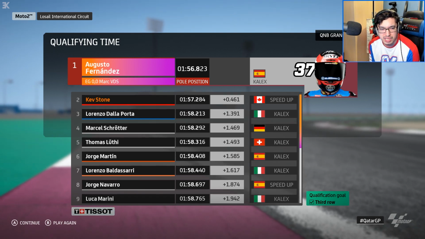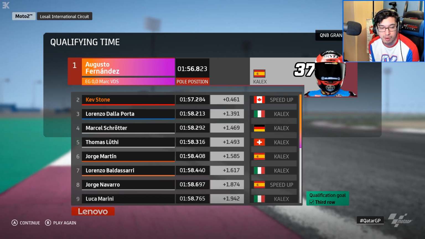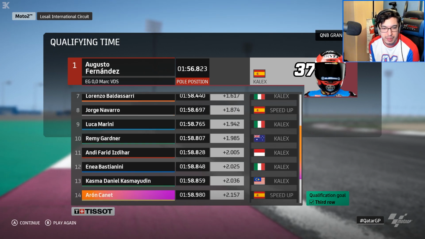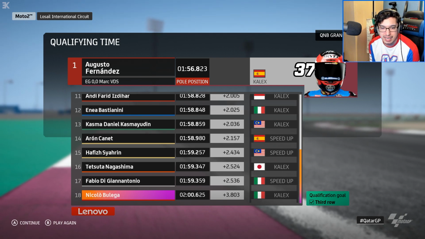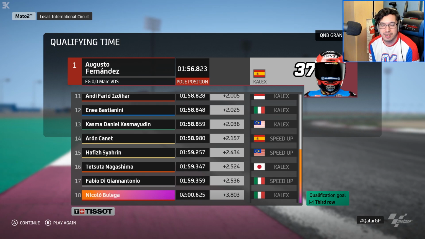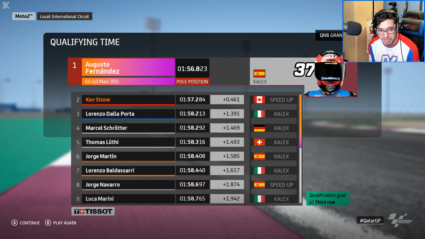Then we've got Shirota, Luthi and Martin on the second row. Baldassarri down in 7th ahead of Navarro and Marini, with Gardner rounding out the top 10 ahead of the Indonesian and Bastianini, and then we've got the Malaysian ahead of Canet and Surin, and then on the 6th row Nakashima, DJ Antonio and Verge. And I admit, looking at the times, it might be a bit lucky that Stone is on the front row,